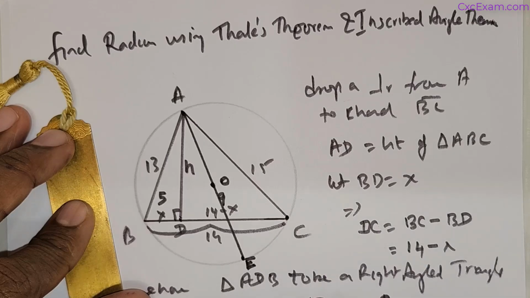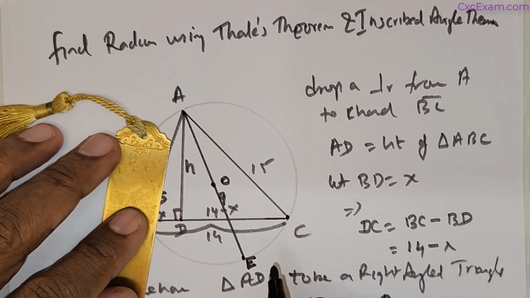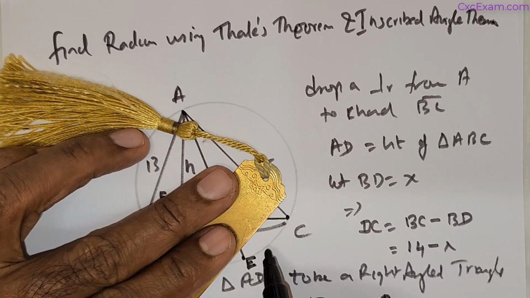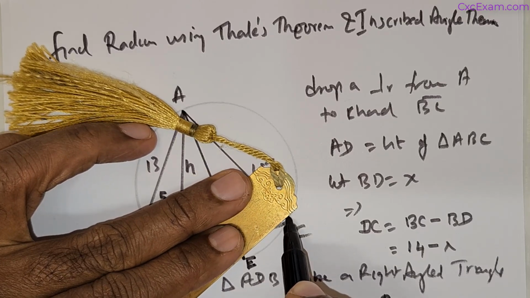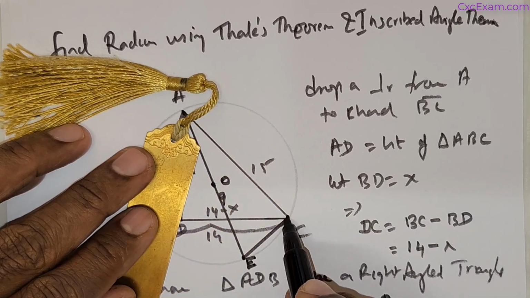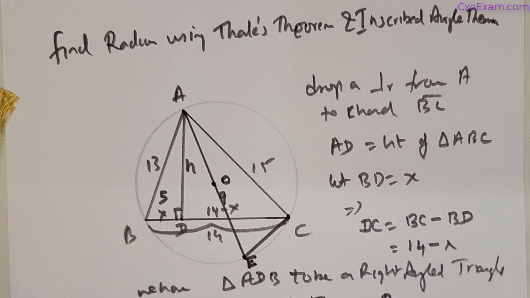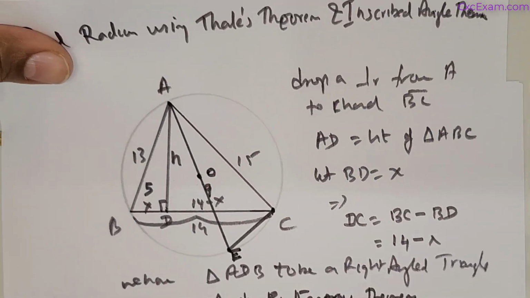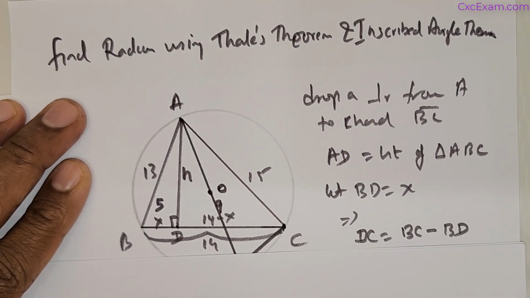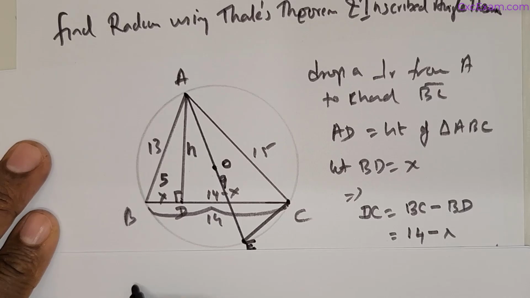Okay, now next I'm going to connect E with C. Connect E with C. Fair enough. Now what is created? Let me write that information here. Clearly